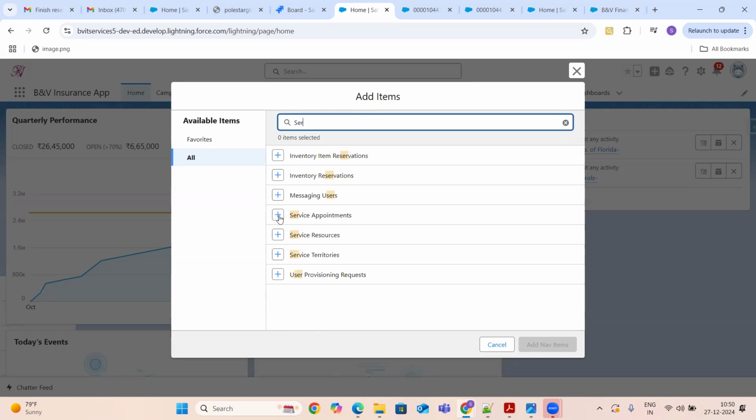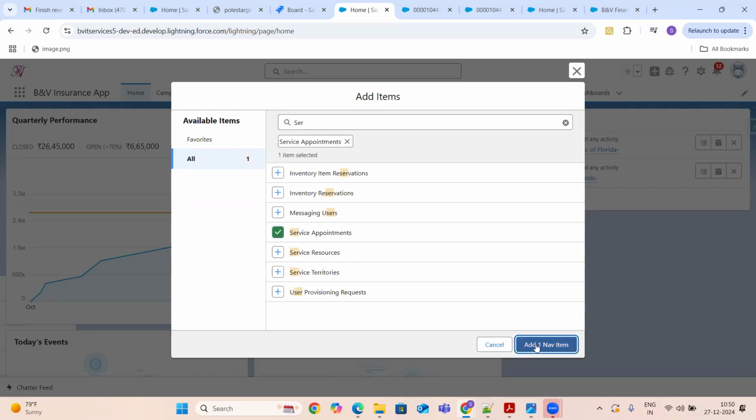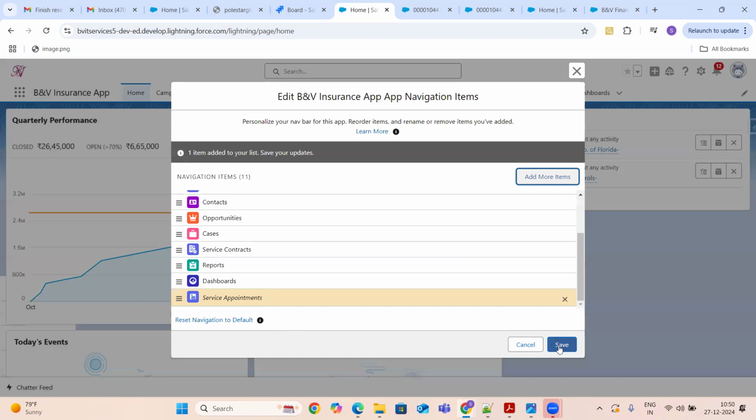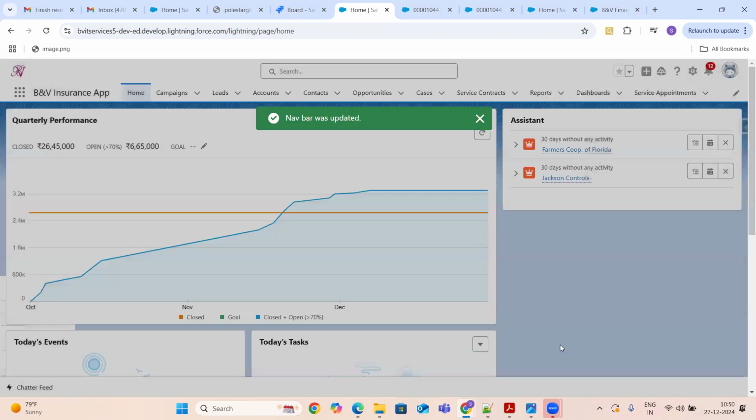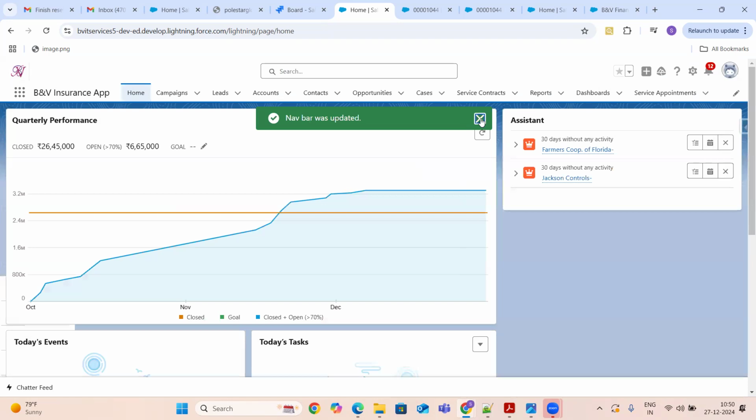Okay. I would like to see service appointments also. Okay. Then I can add it. Click on save. So this we call your personal navigation bar setup.